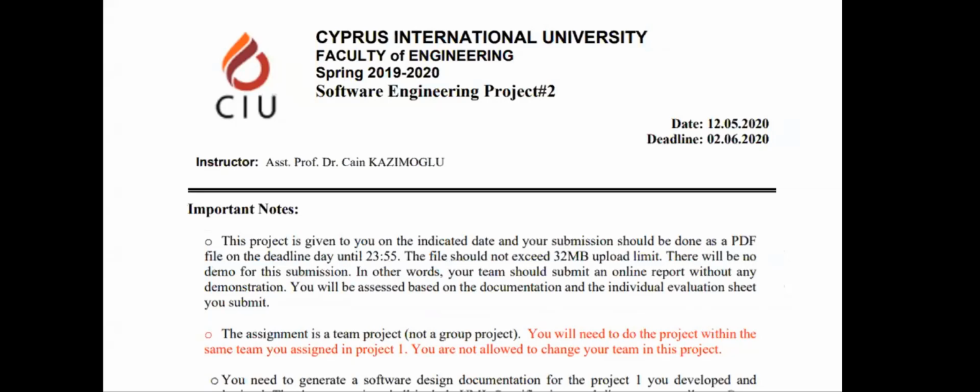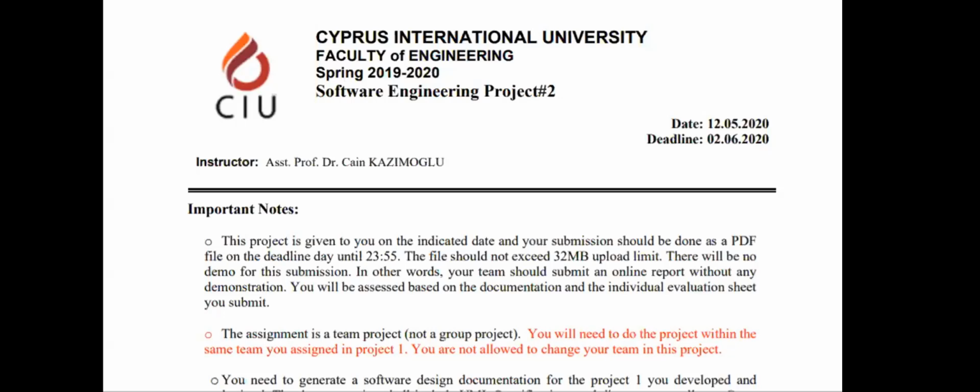It's just going to be an online report. And along with that report, you're going to upload an individual evaluation sheet of the overall performance of your peers and yourself as well. And you're going to upload several documents regarding UML.